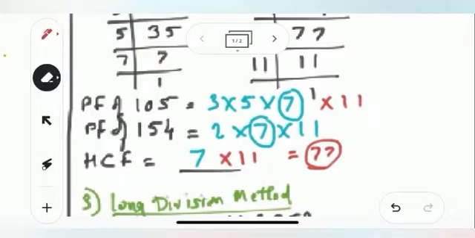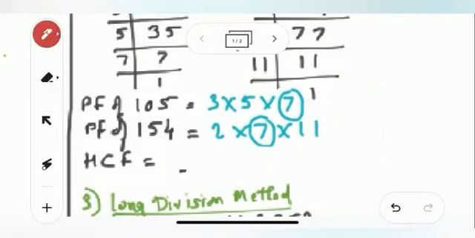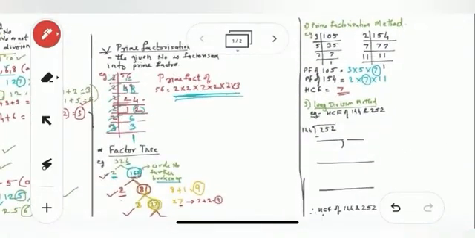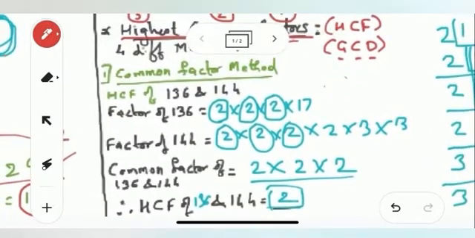But in case there is any other common number like 11 or 3 or 5, then we have to multiply that number by 7. So the answer is 7. Okay, this way you will find the highest common factor by the prime factorize method. Now you have studied two methods. One is the common factor method, where you first find the factors, then the common factors, and then find which is the highest common factor.